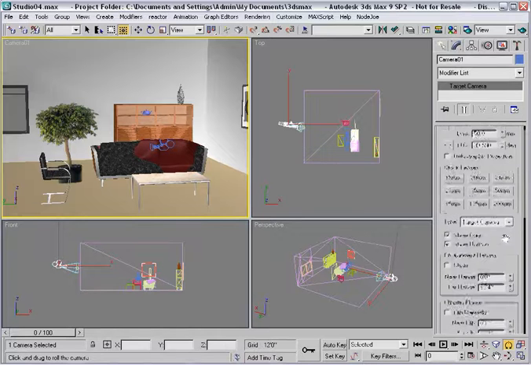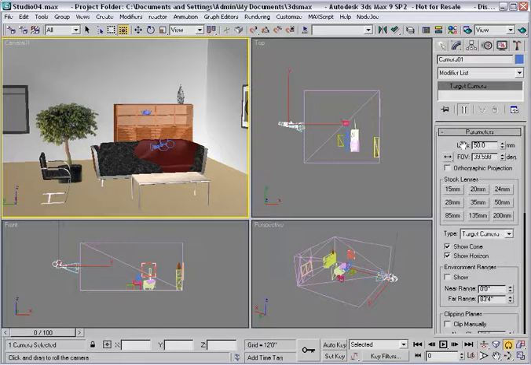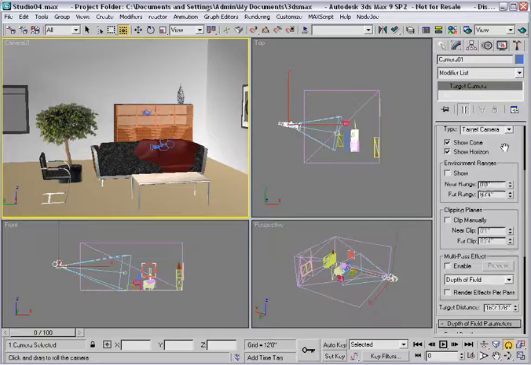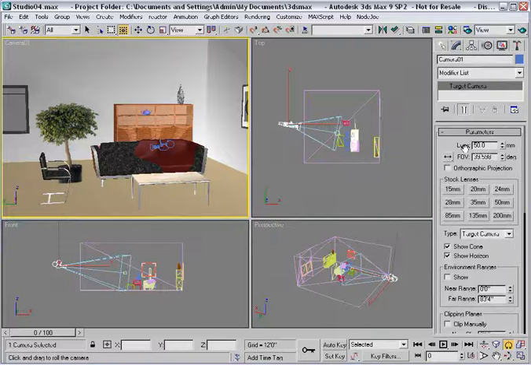Up at the top of this rollout, notice that there are 2 parameters here, lens and field of view. These are inversely related parameters. And to see this better, I think I'm going to increase the target distance so that you can see the cone here better in the top viewport. The lens is an analogy to a physical camera, and a typical lens of a point and shoot camera is simulating about 50 millimeters. If I change this and make it smaller,